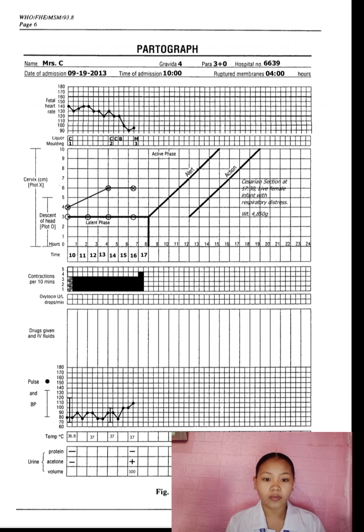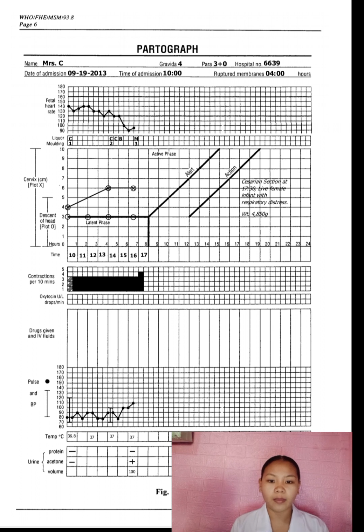The second one is the descent of head. The final diagnosis is obstructed labor, with the fetal head 3/5 palpable above the symphysis pubis. At 14, we need to continue the observation of contractions to ensure at least 3 contractions every 10 minutes. For 15, continue emotional and physical support, including hydration, because